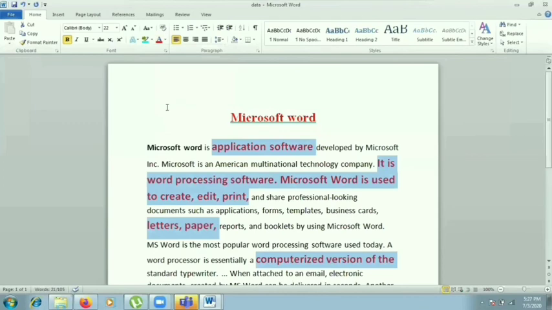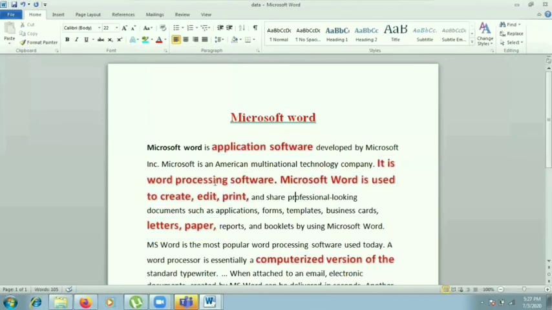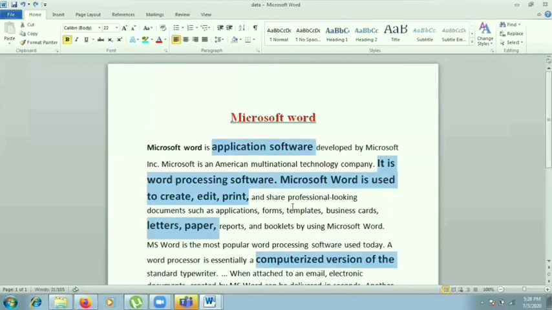It will save our time. No need to select the first one, then the second, like that. No, you just select the different areas by using the Control key and mouse. Clear? If you want to undo the previous task, whatever you have done last, if you don't want it, just press Ctrl plus Z.